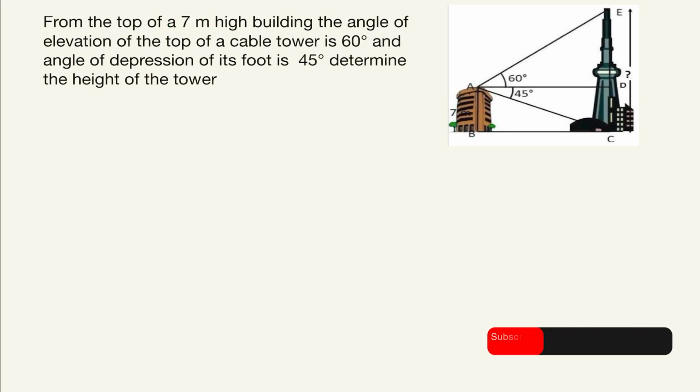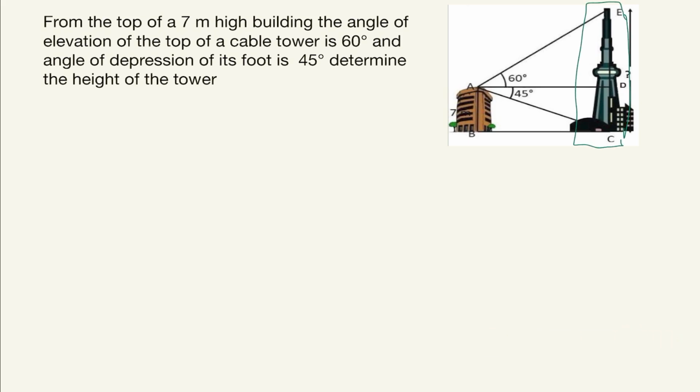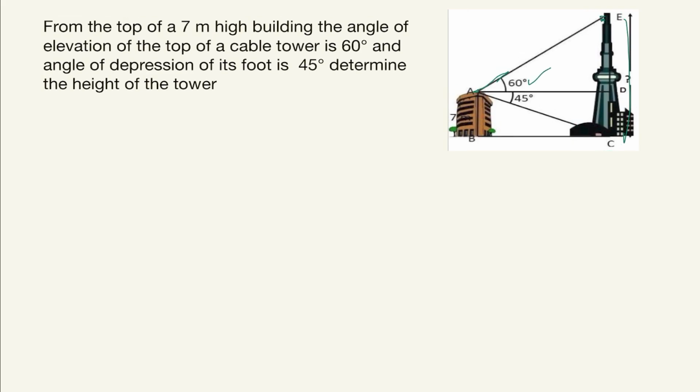The angle of elevation of the top of the cable tower. Here we have a cable tower. The angle of elevation of the top of the cable tower is 60 degree. From here to the top of the tower, what is the angle of elevation given? It is 60 degree. That is the given value. Next, the angle of depression of its foot is 45 degree. The angle of depression from the top of the building